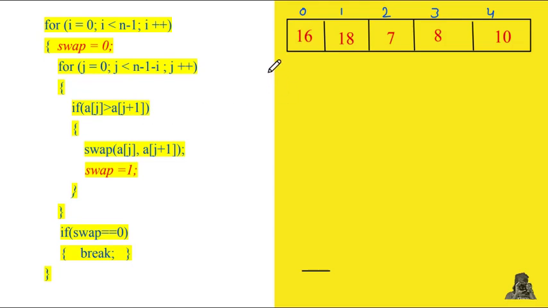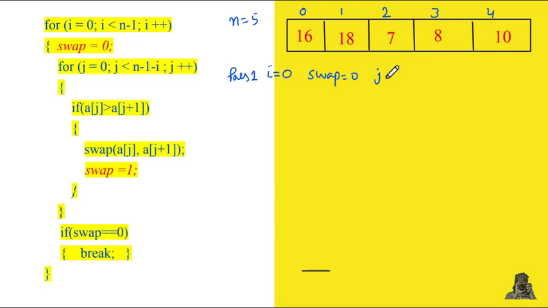So let's consider the first phase, the first iteration, which is i equal to 0. Starting from this location, we need to check the condition: is i less than n-1? Now n here is 5, because we have 5 data elements in this array. So 0 is less than 4, so we can move into this loop. The swap value is set to 0, as this is the first statement of this loop. So this is the first pass for this array, for i equal to 0. That's why this particular for loop will be executed, because we need to do the comparisons.